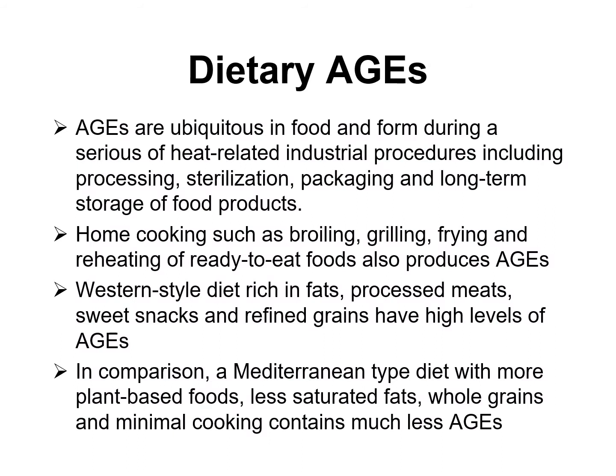AGEs are ubiquitous in food and formed during a series of heat-related industrial processes, including processing, sterilization, packaging, and long-term storage of food products. Home cooking, such as broiling, grilling, frying, and reheating of ready-to-eat foods, also increases the production of AGEs. In general, Western-style diets, rich in fats, processed meat, sweet snacks, and refined grains, have very high levels of AGEs. For comparison, a Mediterranean-type diet with more plant-based foods, less saturated fats, whole grains, and minimal cooking contains